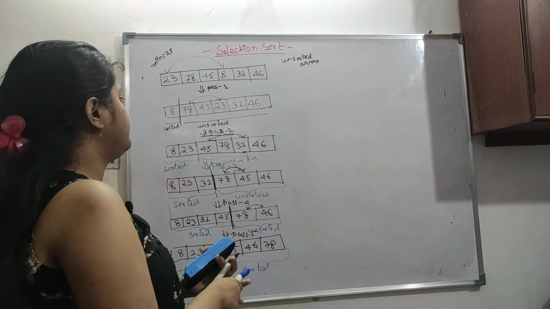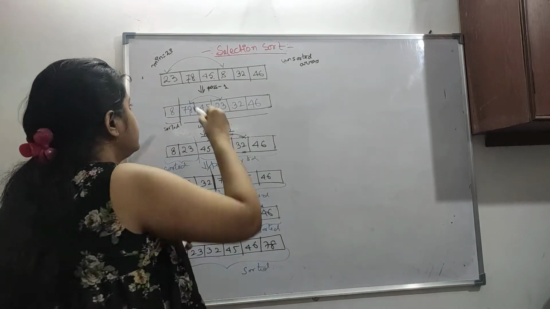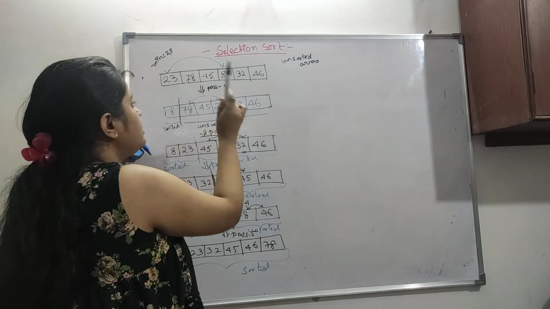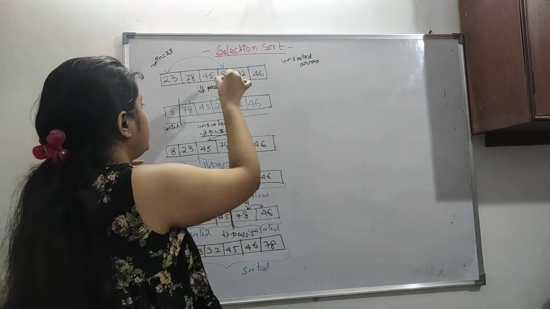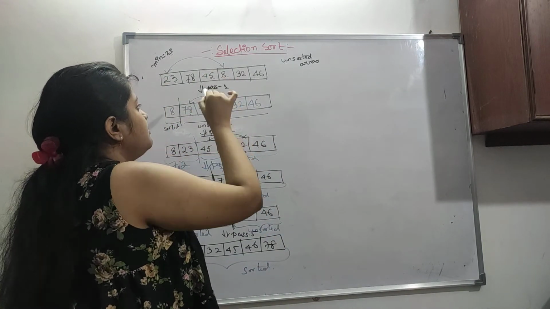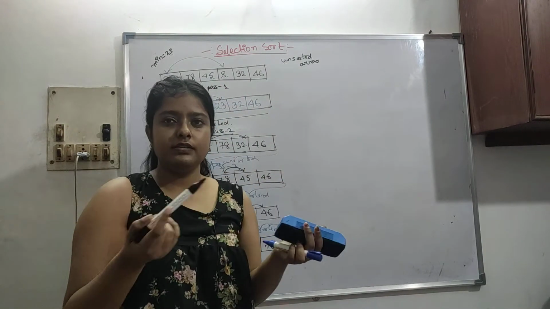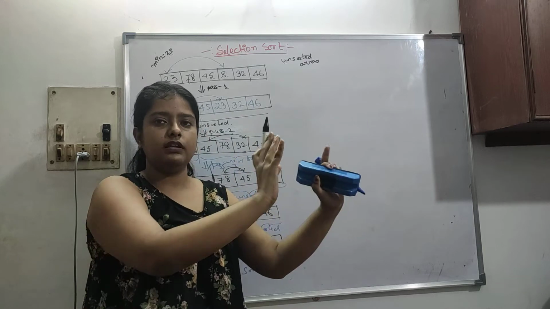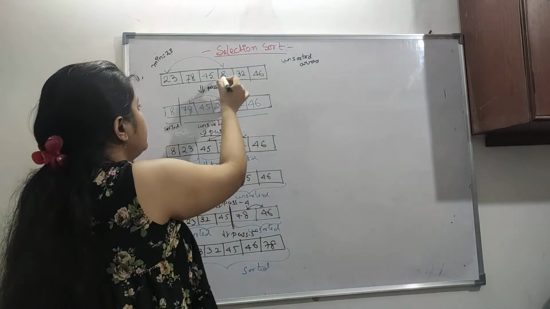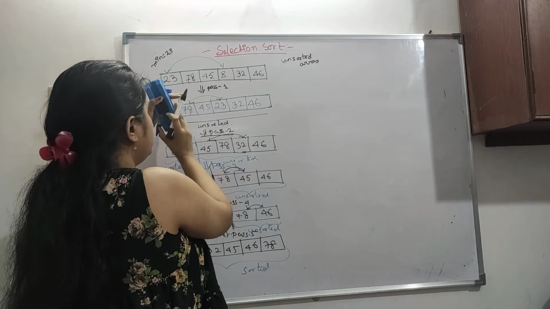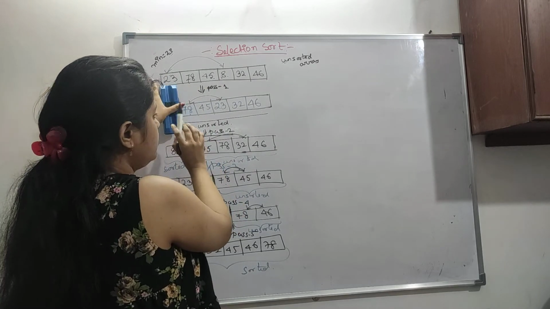So what we did, the basic thinking of this algorithm is that the first element is taken as our minimum element, then we have to actually find which one is our minimum element. So we found out that 8 is our minimum element just by linear searching. Linear searching is like an exhaustive search. So 8 is our minimum element, 8 and 23 are swapped. So 8 came. After this it is sorted, we don't need to check it.